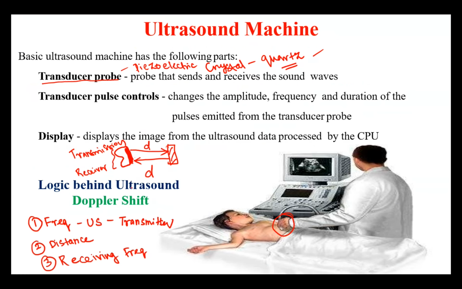And there is a logic behind ultrasound, a familiar concept called Doppler shift. So can anyone explain Doppler shift in 2 words? In the Anna University exam, if they ask you Doppler shift, the answer must have these 2 words for them to give you 2 marks, or else it's 0. So what are the 2 words? Doppler shift. Change in frequency, sir. Exactly. So change in frequency. Okay, so with Doppler shift there are a lot of numericals available.